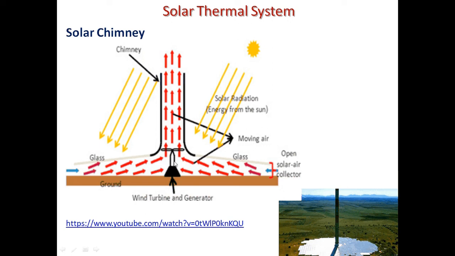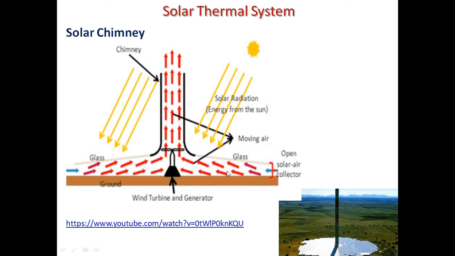Okay, so these are very huge structures. You can see here there is a kind of chimney, like the chimneys you always get in bakeries or in some industries where all your heat and smoke comes out. Similarly here, we have solar radiation that hits this region, which is covered with glass. It is like a greenhouse covered with glass, so the solar power will fall into the area in this glass region.